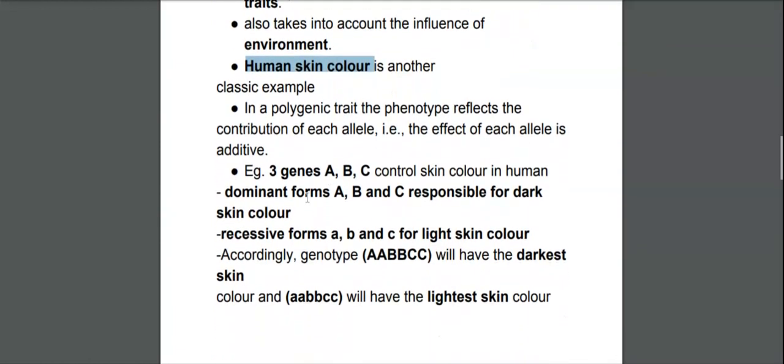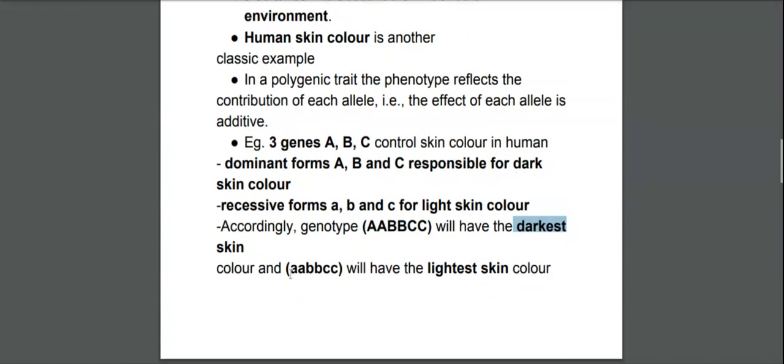So, suppose you take human skin color, it is controlled by three genes A, B, and C. A person who has all dominant alleles in the genotype will have the darkest skin tone.